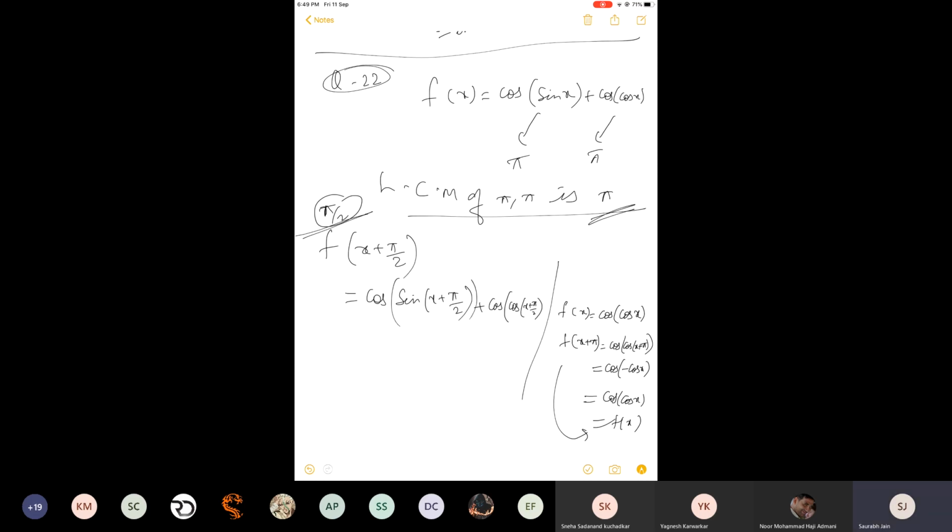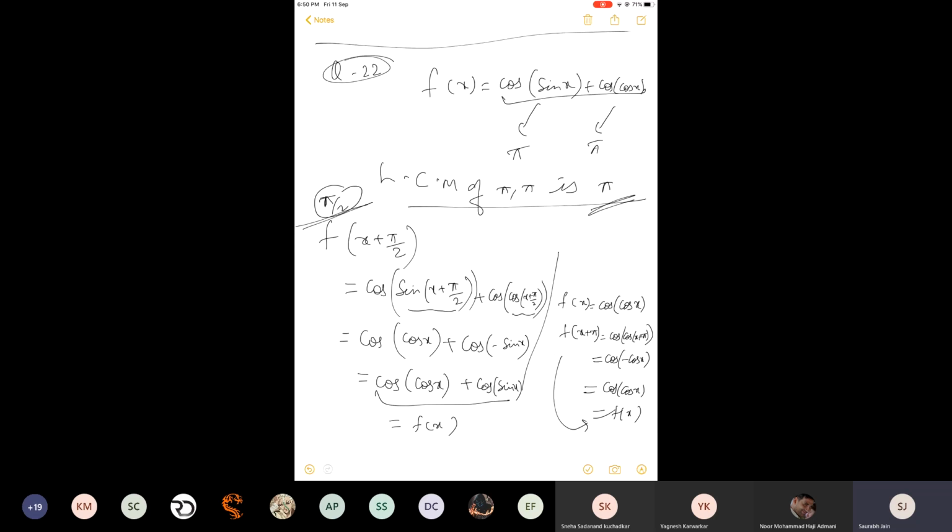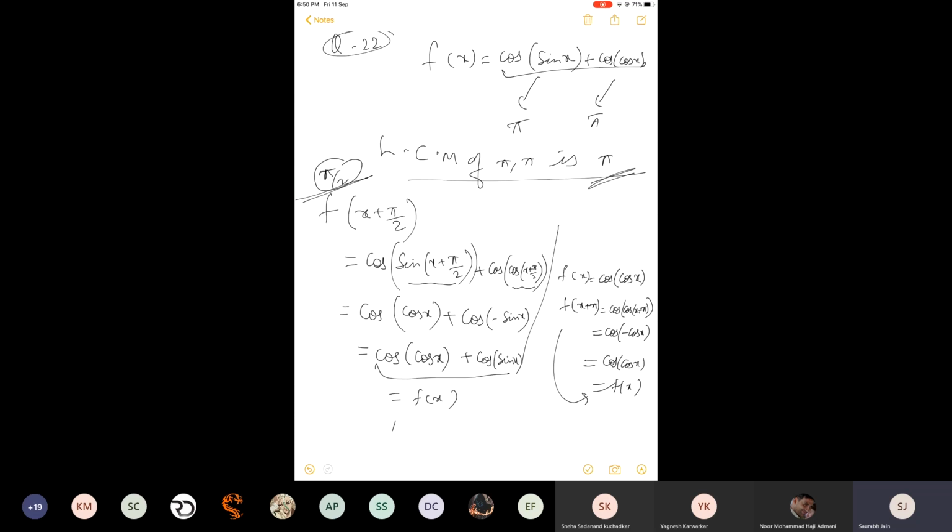Yes. So in the first bracket, sin 90 plus x is cos x. And in the second one, cos 90 plus x is actually minus sin x. However, there is cos outside, and cos of minus theta is cos theta. So it will become cos sin x. What do you observe? It is coming the same. It is a perfect example of functions interchanging with each other, and the overall function comes out the same. So the answer will be pi by 2 and not pi. So we have to take care of such interchangeable functions.